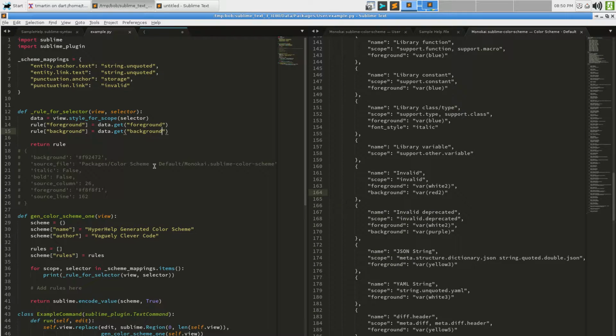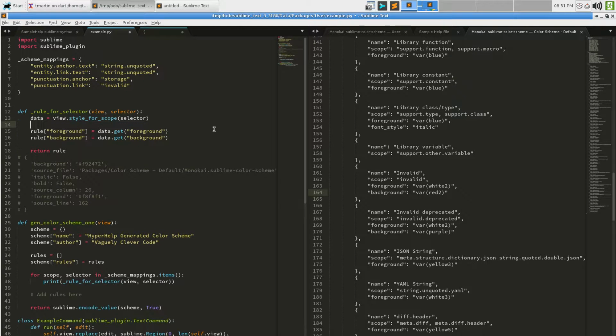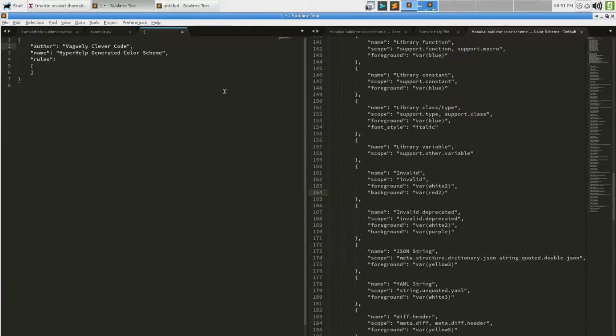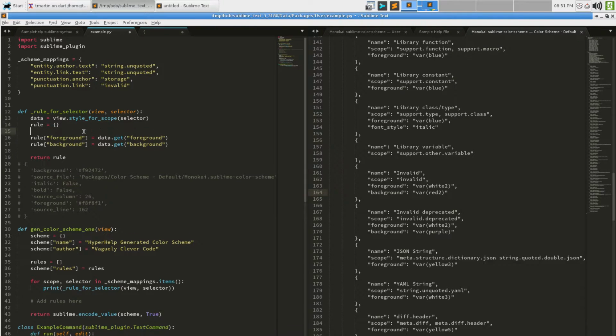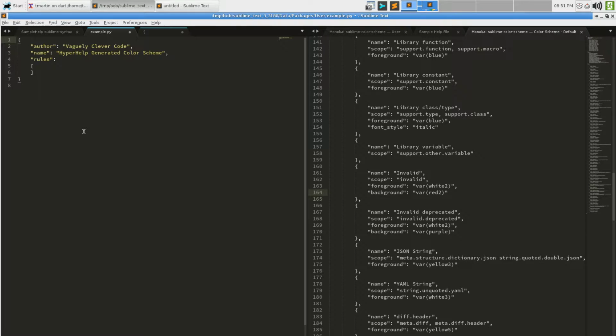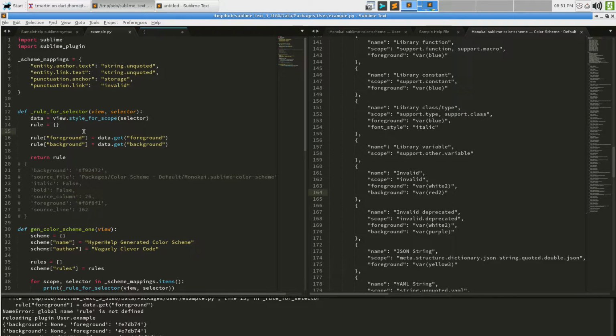I think that should just automatically default to returning none without causing an error. But let's see what that does to this. Anything? All right, it's printing something, and rule is not defined. I messed something up there. Oh, I forgot to say rule is a dictionary, like so. Okay, and I run it. I'm going to undo that, and we can see background is none.